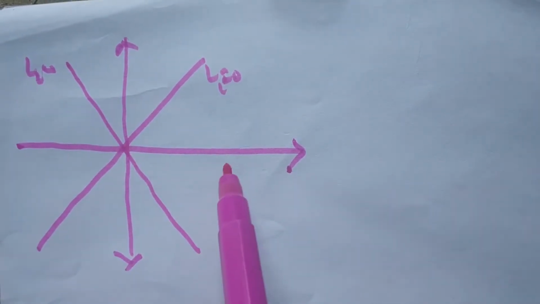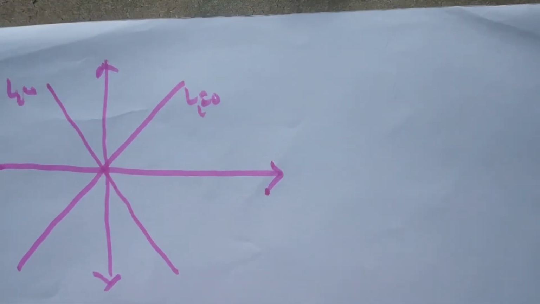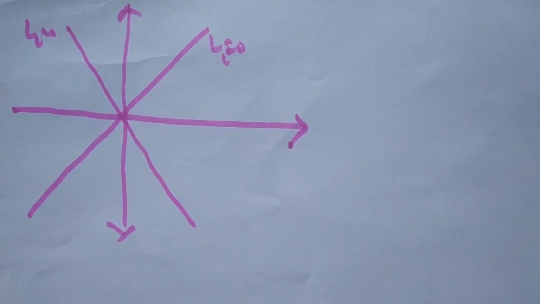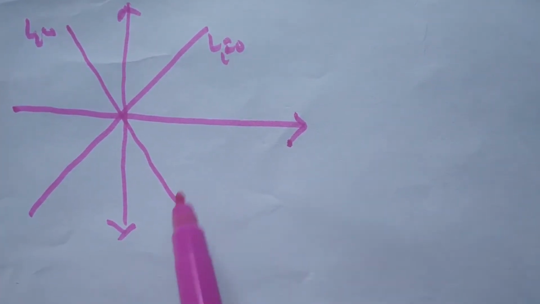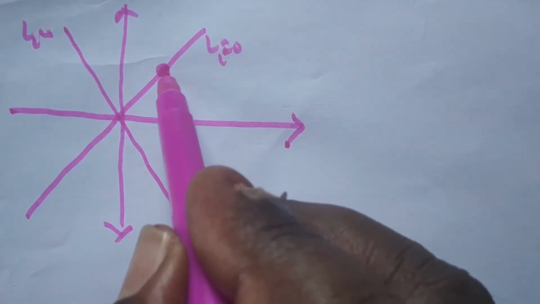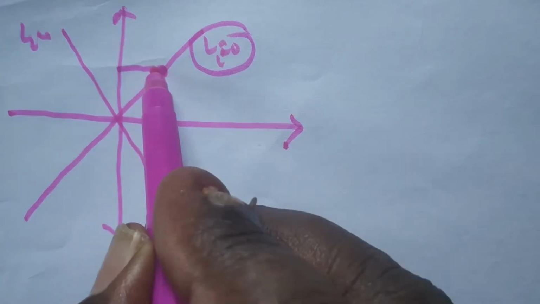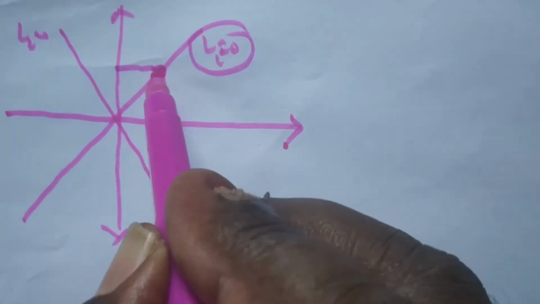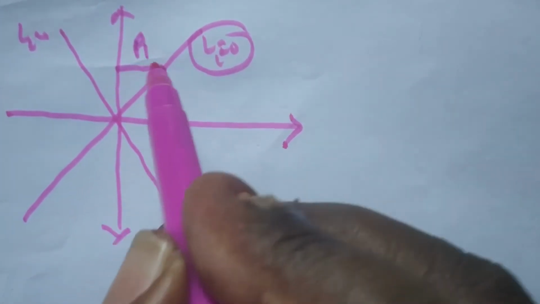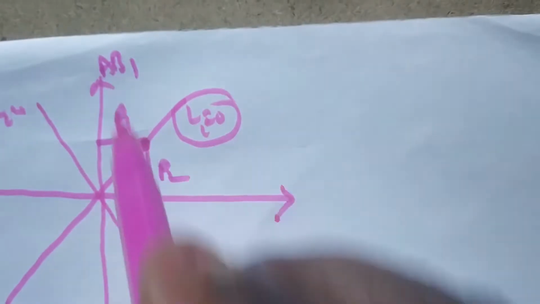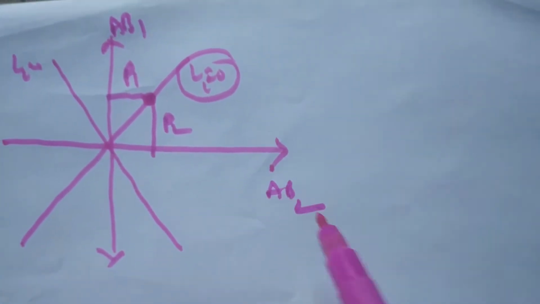How to distinguish which one is the acute angular bisector and which one is the obtuse angular bisector? No need to go for the above two cases. It is very easy. Take any dummy point P on L1 equal to 0 and find the two perpendicular distances from point P to the two given angular bisectors, P1 and P2. So this is angular bisector 1, this is angular bisector 2.